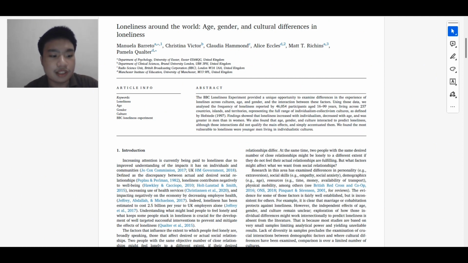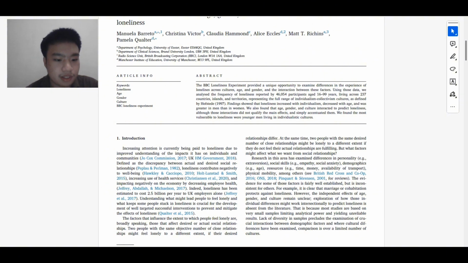And right now, increased attention is currently being paid to loneliness due to improved understandings of the impacts it has on individuals and communities. Loneliness contributes negatively to well-being, healthcare, and economic costs. Understanding what might lead people to feel lonely and what keeps some people stuck in loneliness is crucial for the development of well-targeted successful interventions to prevent and mitigate the effects of loneliness. There are many factors that affect and influence loneliness, such as personality, social skills, demographic, culture, age, gender, resources, physical